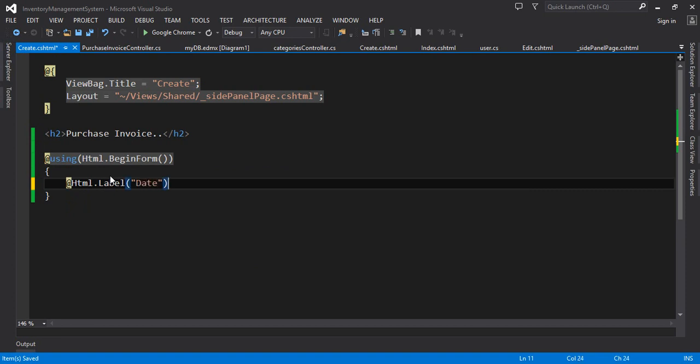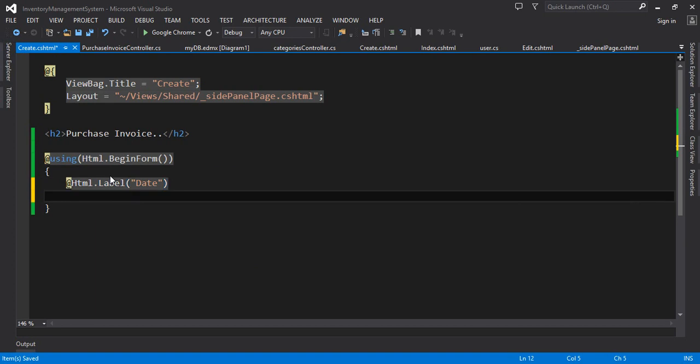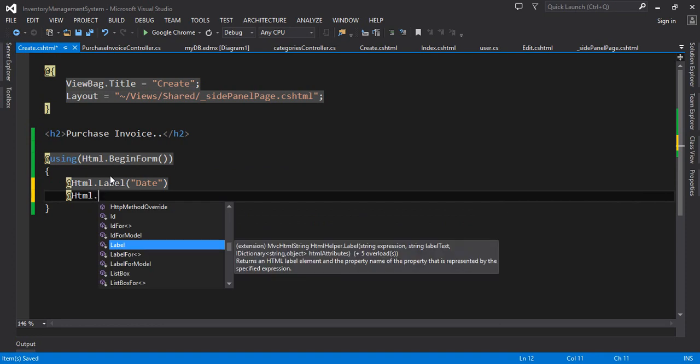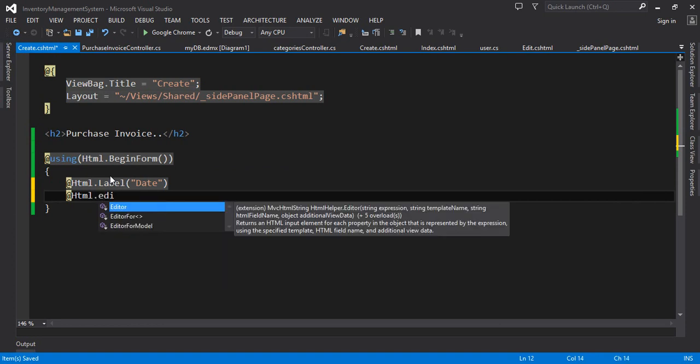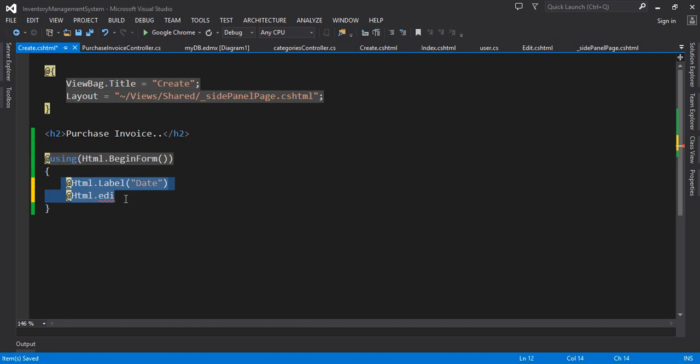So date, and then we have to specify @Html dot, or you can specify the editor for, but editor for is not appropriate here, or you can create a form without these HTML helper methods. Okay, so for date I'm using, let's say, input